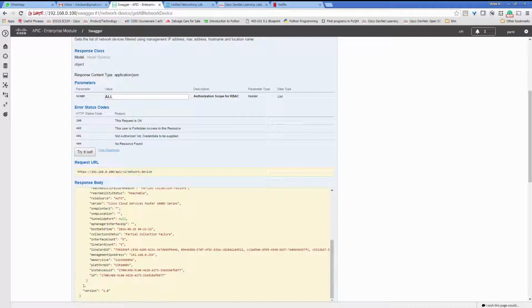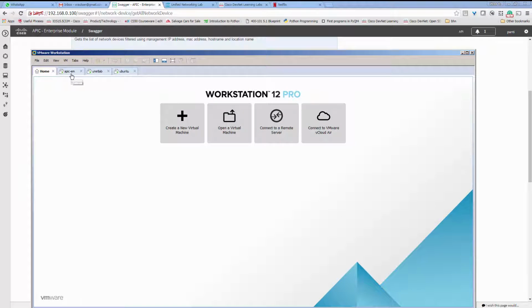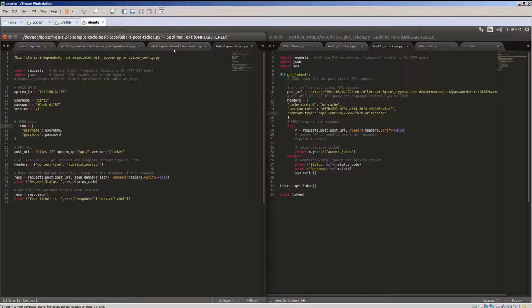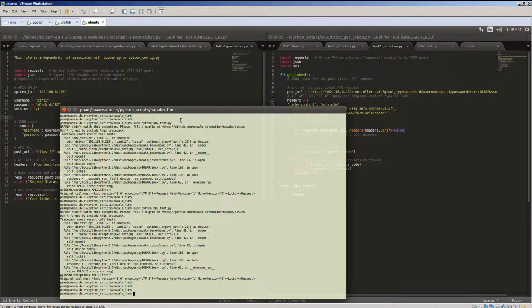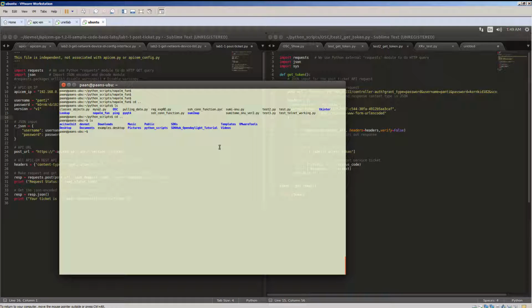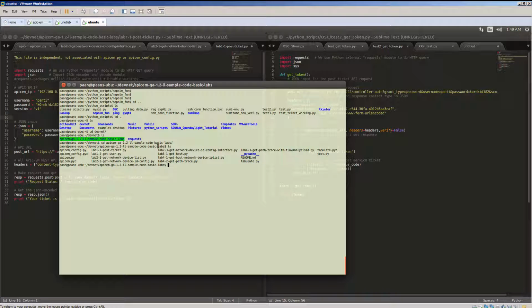So let me show you our Ubuntu machine. So this is what I was telling you about, the devnet file. This is the file that you download from one of the labs, and as you can see we have a few Python scripts here. So let's take a look at APIC config,